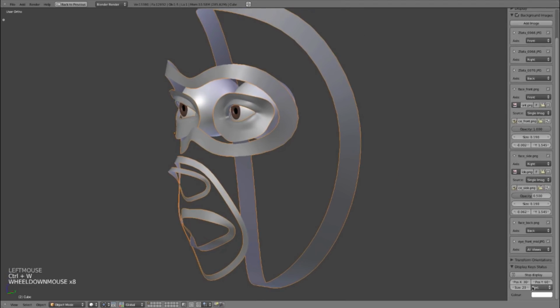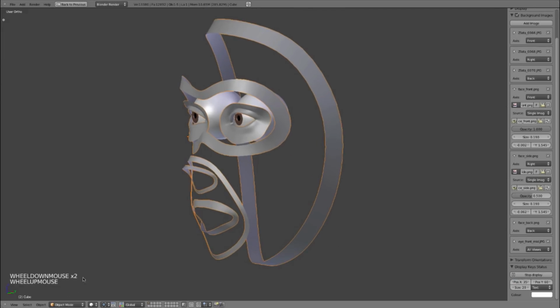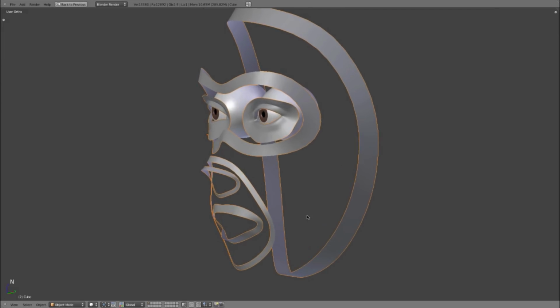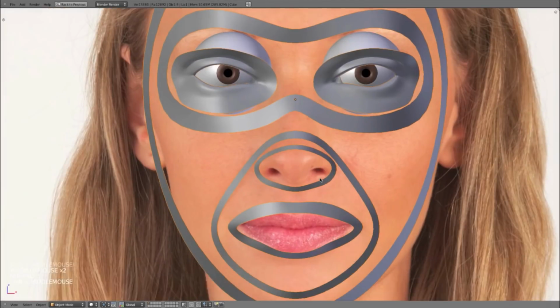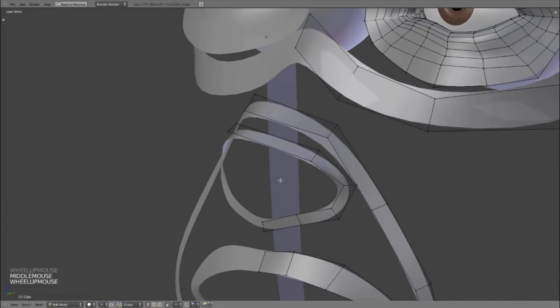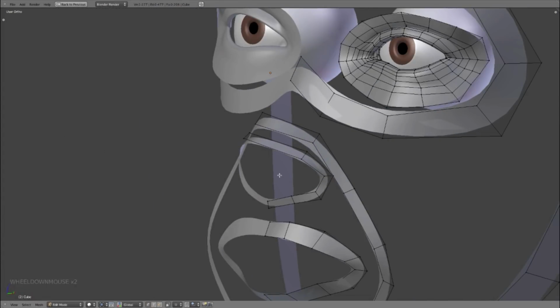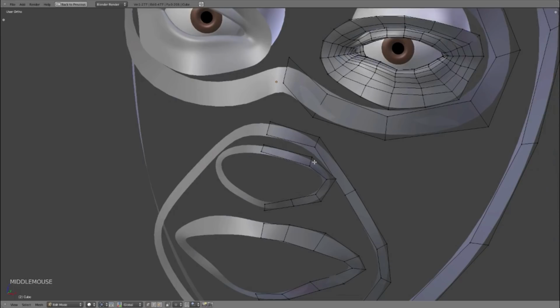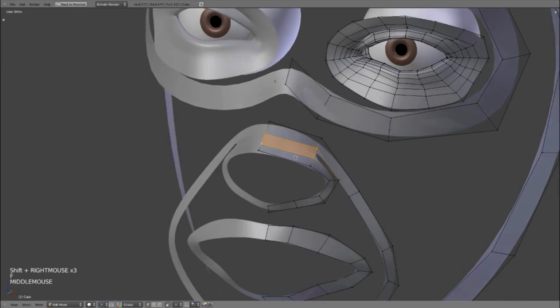So one thing I'm going to do is also increase the size of the display status down here for the keystrokes so you can see it a little bit better. And let's go ahead and get started. So I'm going to hit Tab to go into edit mode. And the first thing that I want to do is just start filling in the holes where I easily can. So this means, right here, I can select these 4 vertices, hit F to fill a face,